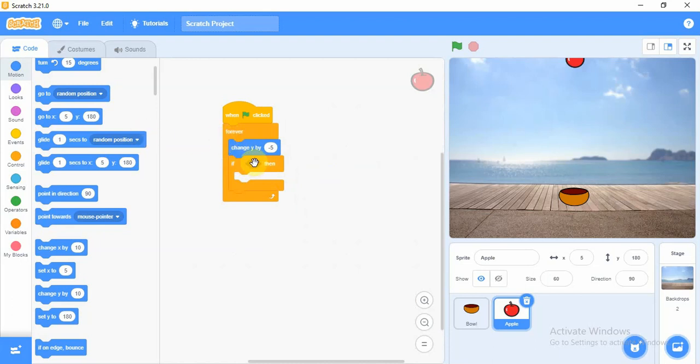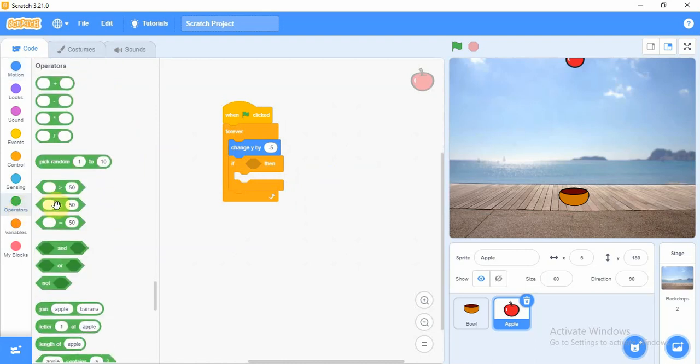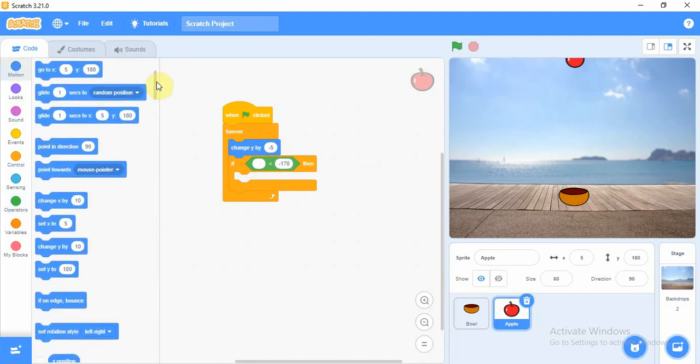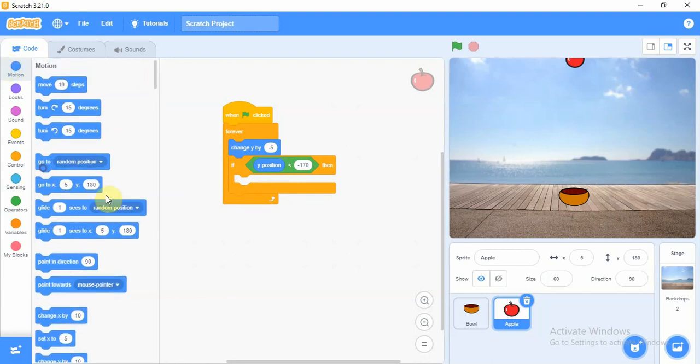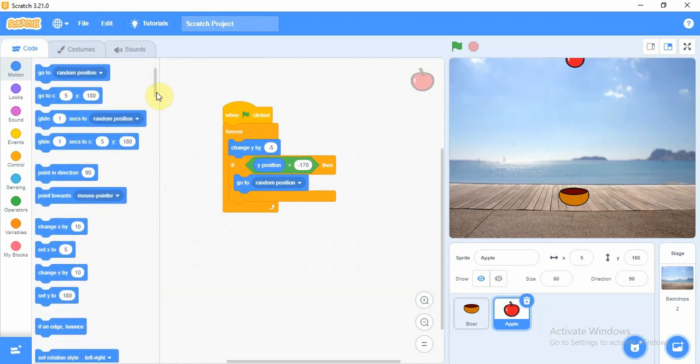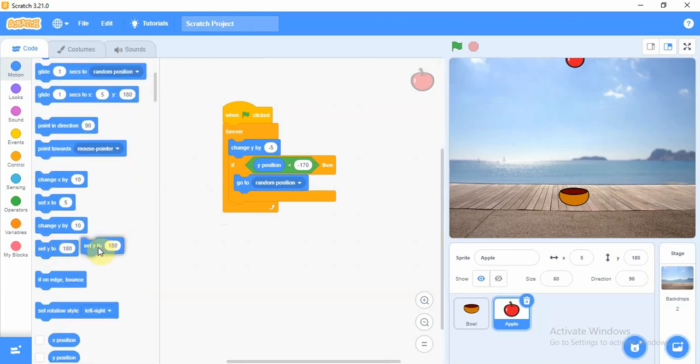Now we will go to the operators. We will take the smaller sign. We will type here -170. Enter. Now let's go to the motion and select the Y position from here. Now let's do the inside one. Let's go to the go to random position. We also want it to fall down. So we will go to set y to